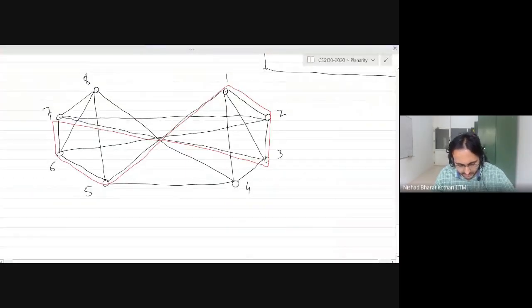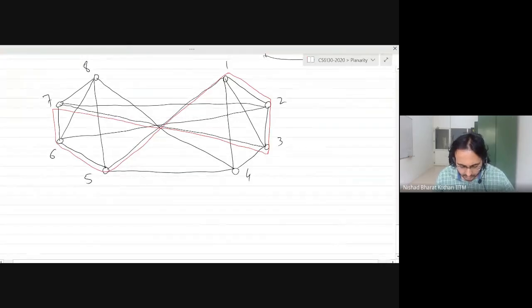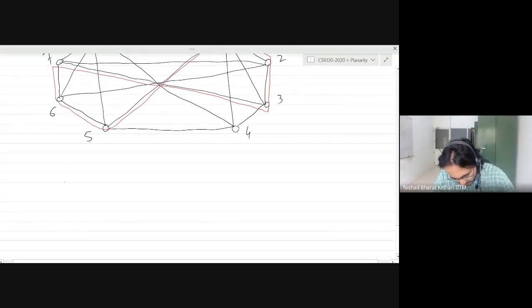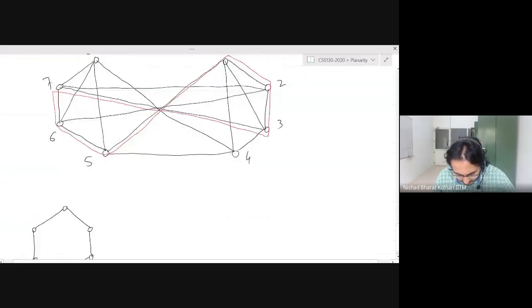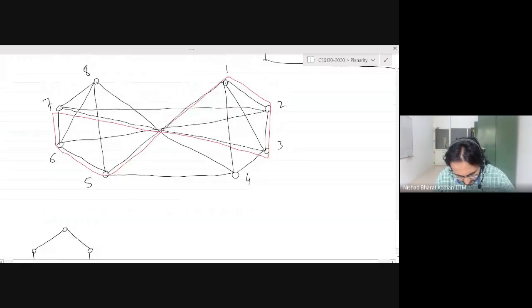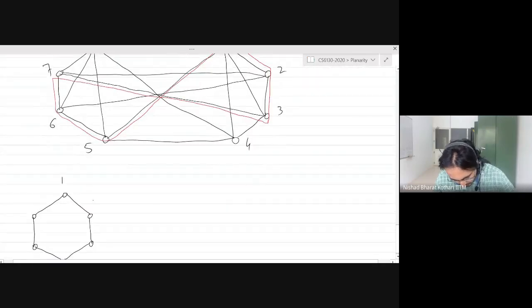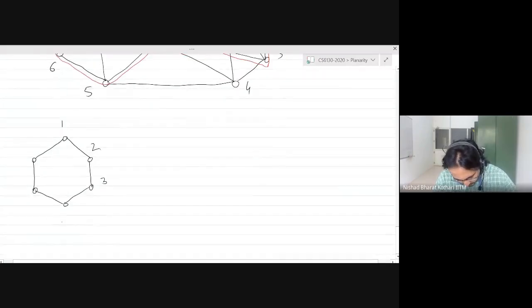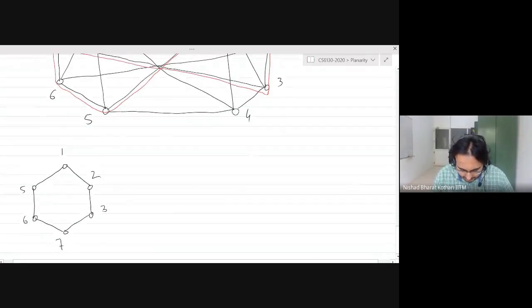And I want you all to redraw this graph in your notebooks or whatever you have around you. And I want someone to tell me how many bridges there are. In the meanwhile, I'm going to draw this cycle. This cycle has to be a closed curve. So I'm just going to draw it like this. This is a cycle 1, 2, 3, 7, 6, 5, 1. So how many bridges do we have?